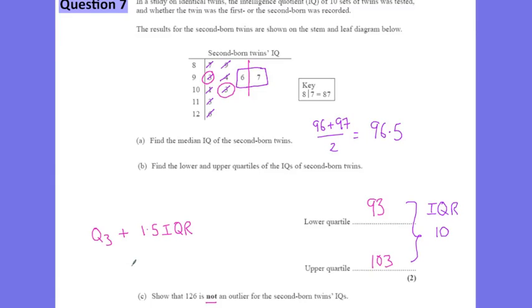Now, substituting that value in here, we know Q3 is 103, and we add 1.5 times our interquartile range of 10. So we have 103, add 15, gives us the value of 118. Now we can see here that 126